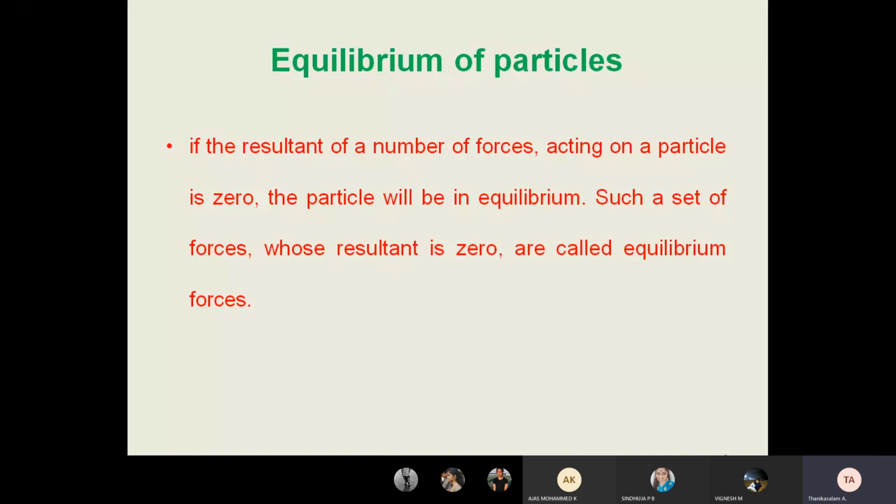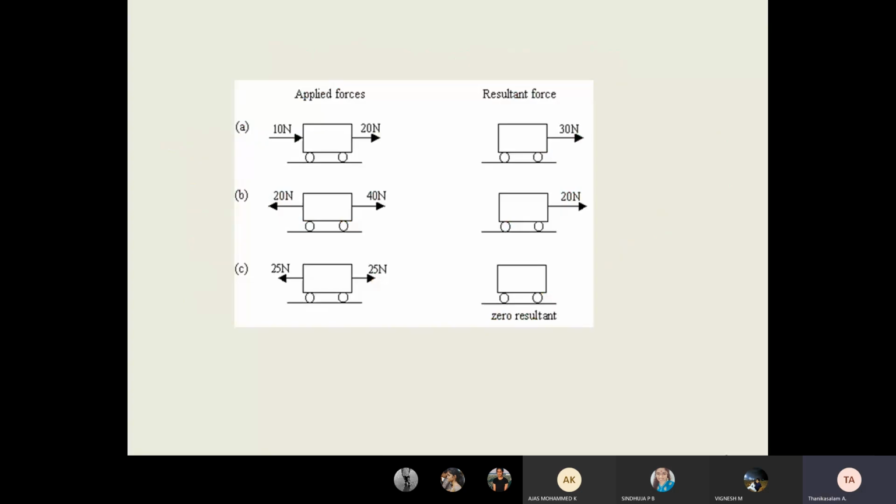So in this unit we are discussing particles. What is a particle? It is an infinitely small amount of a rigid body. A particle does not have any shape and size. It has only mass. So a particle means all forces touching at a point, and we denote the particle as a point. For particle equilibrium, the resultant force must be zero. That is called equilibrium. But see the diagram.